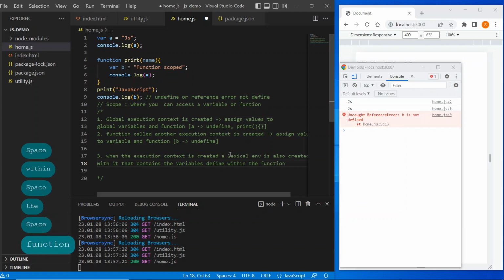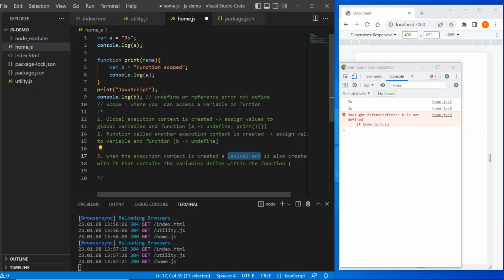So let me write it. With the help of this lexical environment, the JavaScript program decides whether it will be able to access a particular variable or function or not.